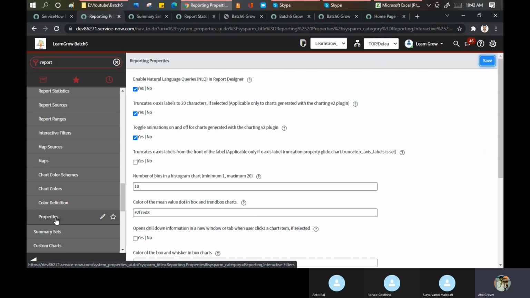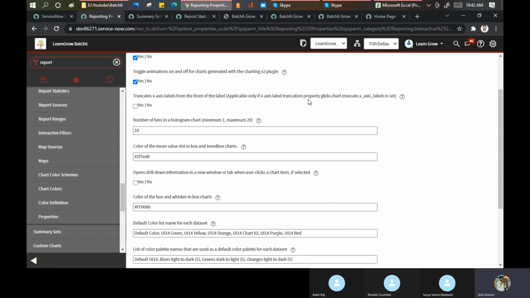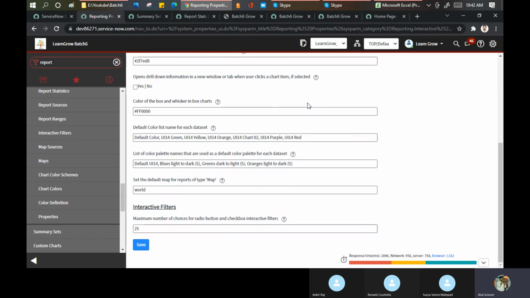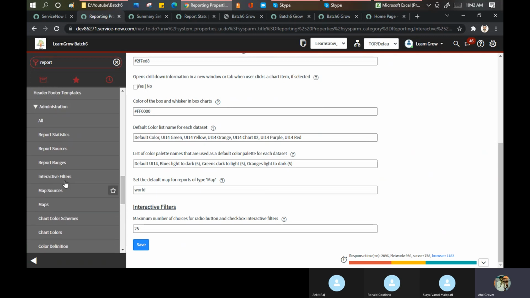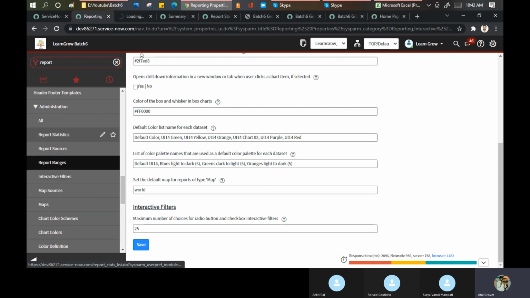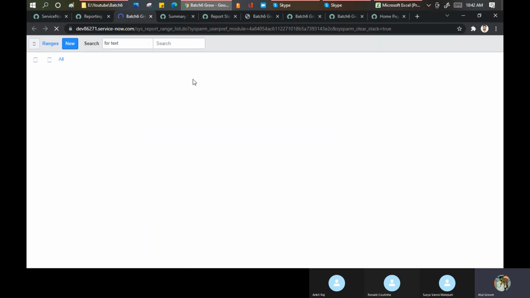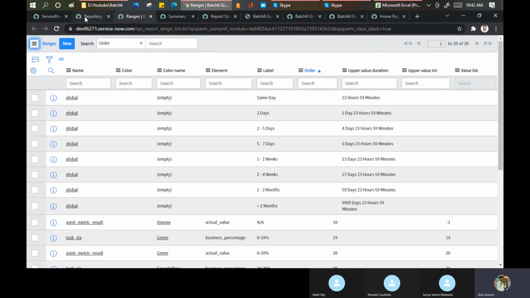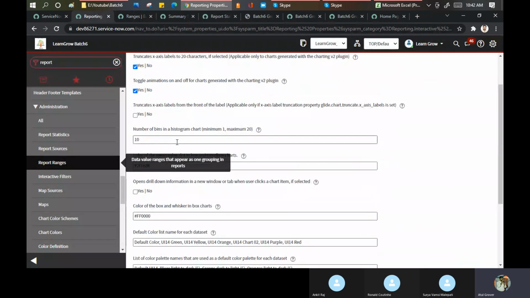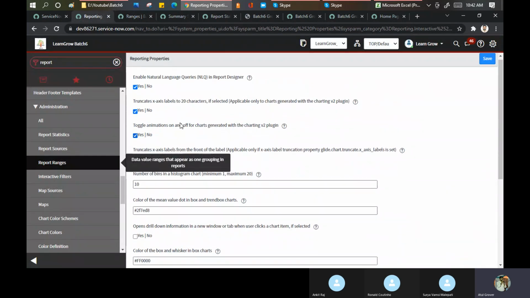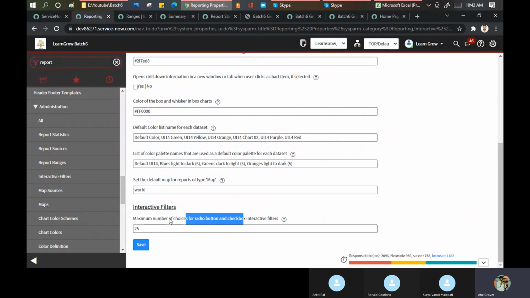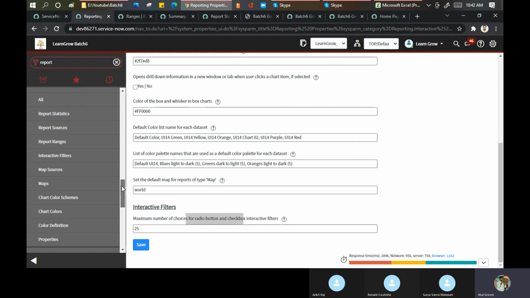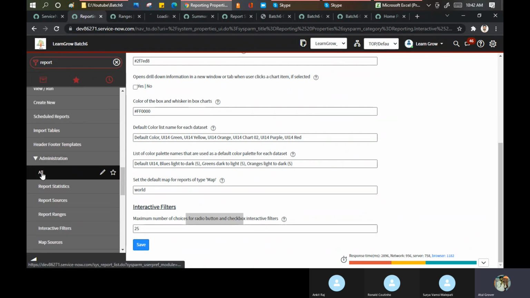यही reason है, यही ServiceNow का reason है। इसलिए if you see here, they have put a limit as well, I guess 20, कहाँ गया इसका limit था कोई download का, where it is gone, chart color, report range, let me show you, नहीं ये भी नहीं है यार। So कहाँ गया, where we can increase the limit, maximum number of choice radio button you can put। अरे यार काम ना करो ना तो ऐसा लगता है कि भूल गए सारा कुछ।